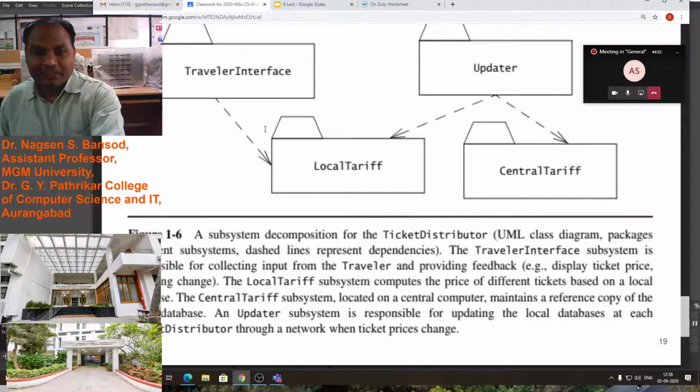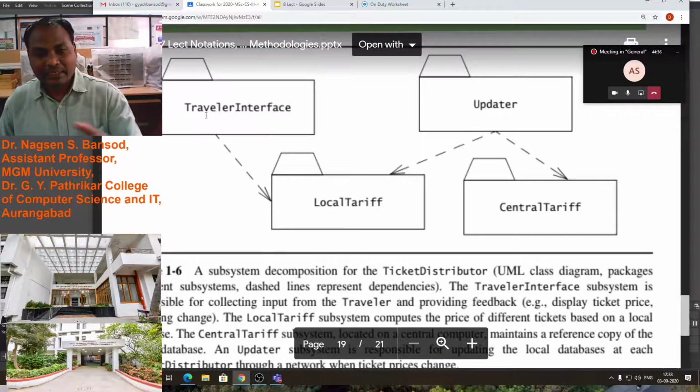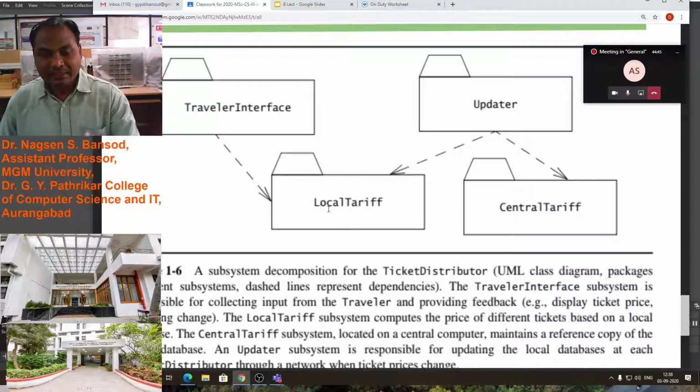Now see, in this diagram we have created four subsystems. First one is the traveler interface. Second one is the local tariff. Third one is the updater, and fourth one is the central tariff.